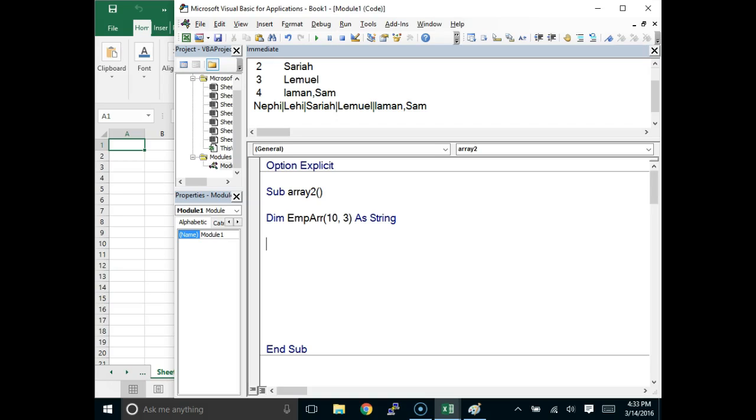So now I've just created, in fact, how many variables have I just created? The temptation is to say 30. But remember, the lower boundary on these is going to be what? 0. So my first dimension has how many different values? 11. And my second has 4, so it's going to be 44 different variables created here. So EMPARR sub 0,